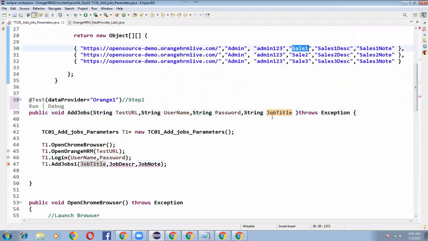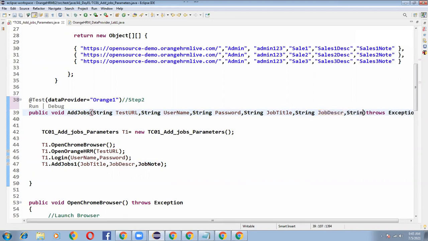So this is the job title value. It will come to the 4th parameter value. Okay, and string jobDescription, and finally string jobNote.